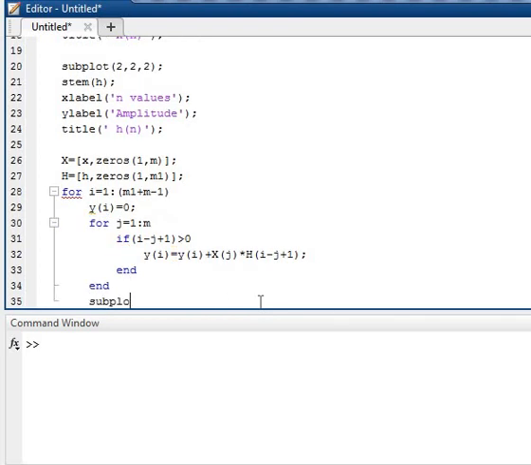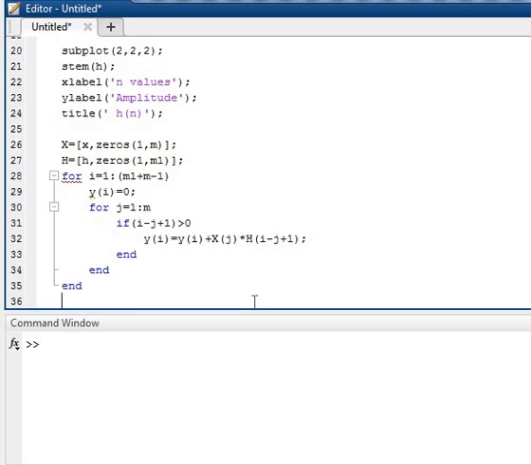Subplot. Now in this case, one more, use subplot.